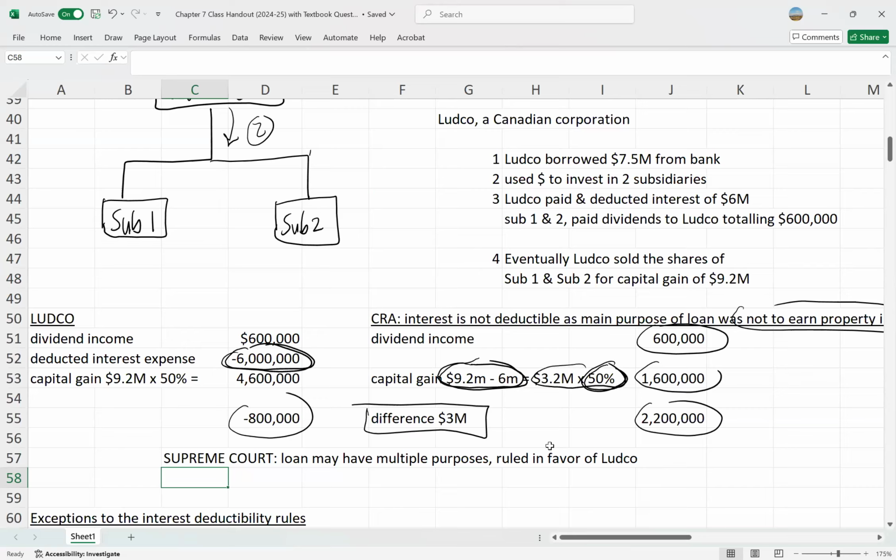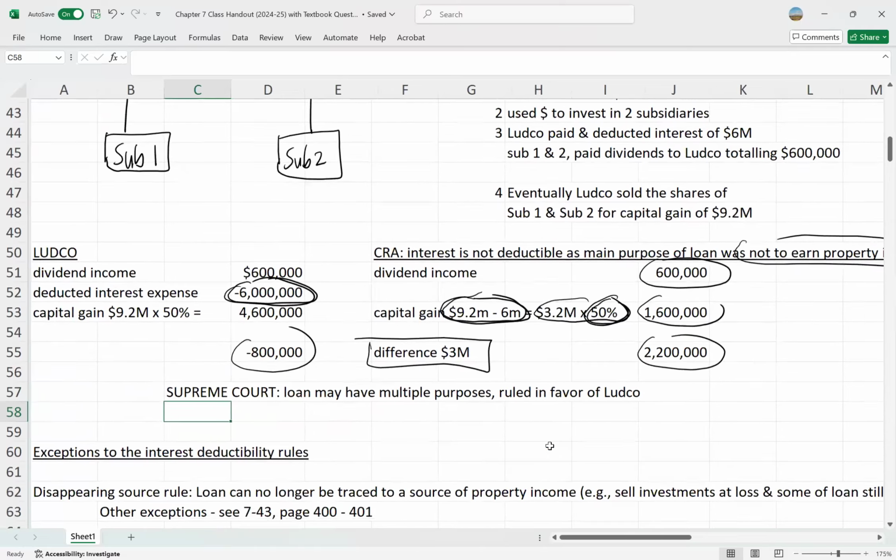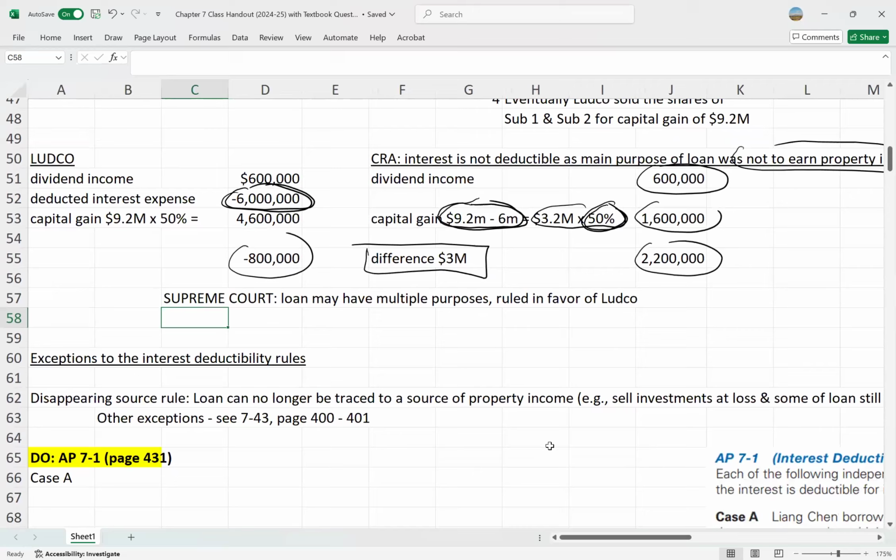The next part that we're going to look at still deals with interest deductibility. One of the rules they talk about in the textbook is this disappearing source rule. What if the loan can no longer be traced to a source of income? And so remember we said that interest is deductible if you use the money that you borrow to earn a